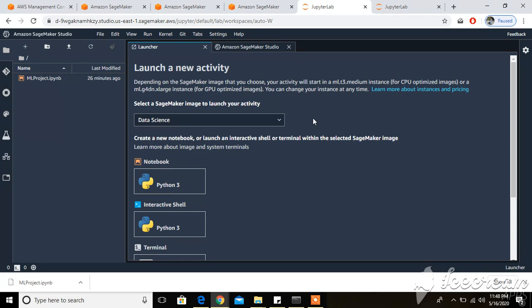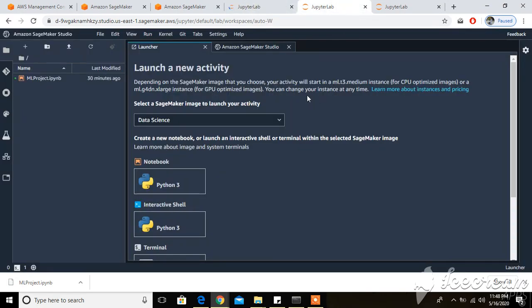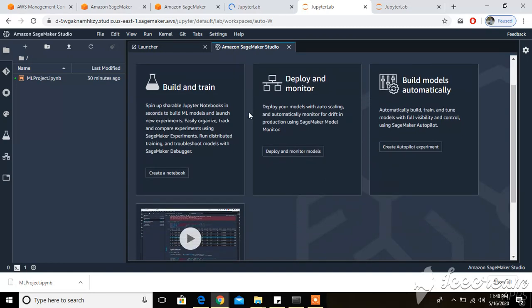Most of you must be aware of Jupyter Notebooks and JupyterLab, guys, right? So if you see, it's still starting a new JupyterLab for me. Okay. So when you land on the SageMaker Studio, there are multiple options that you can see. The first one is if you want to build your model from scratch, you can do that. If you already have a model that you simply want to deploy on the cloud, that option is also available. And they have recently added the AutoML option also. We can talk about that in the next video.